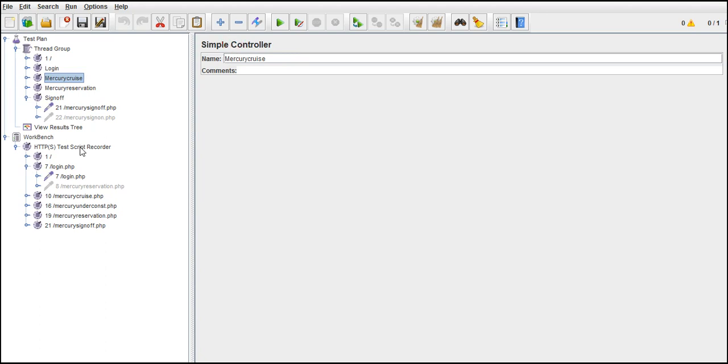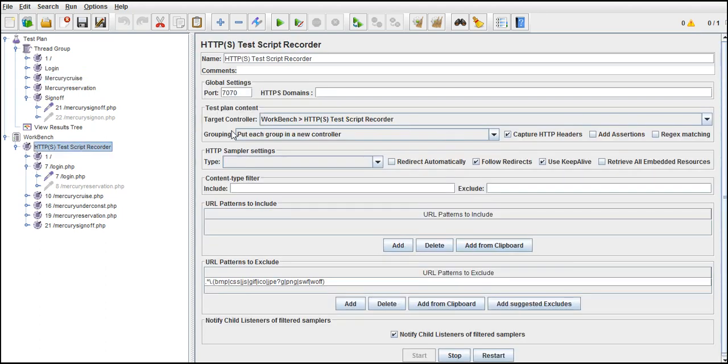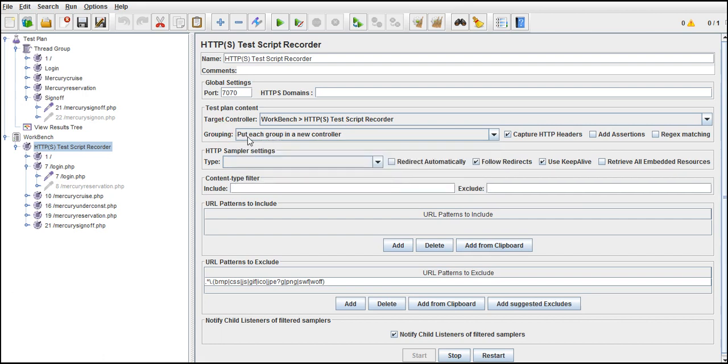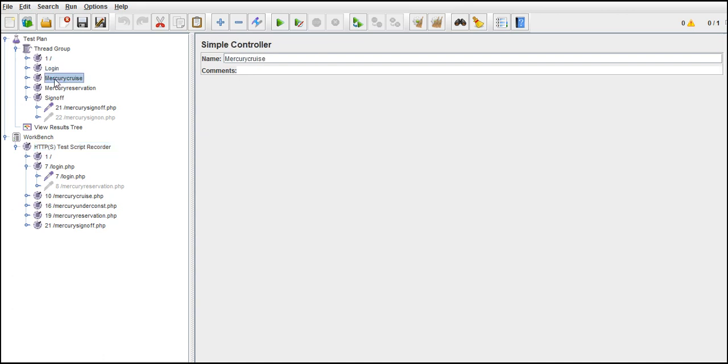Now if you open test script recorder, I told you in my initial class that I'll be talking about this later. When we are grouping, I am asking you to put each group in a new controller. That is the reason we are getting all these in simple controllers. Now we got the point.